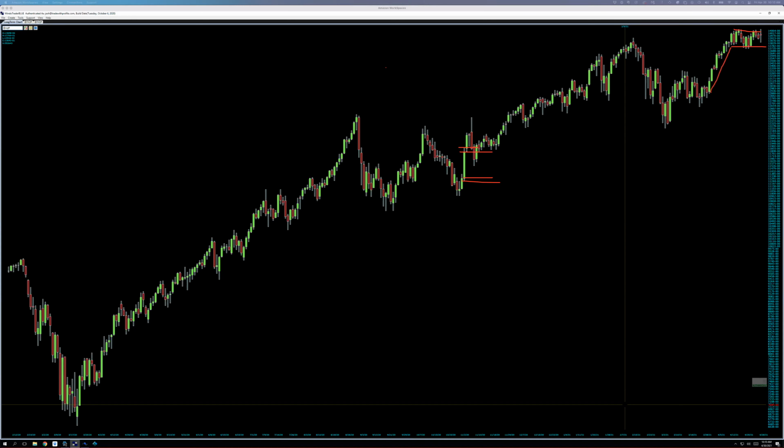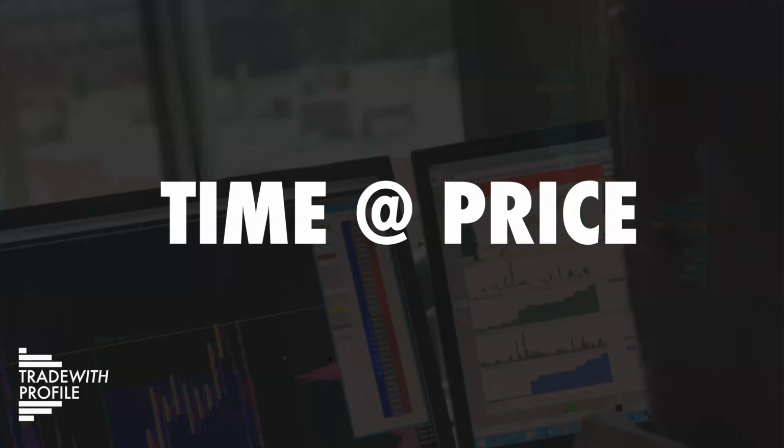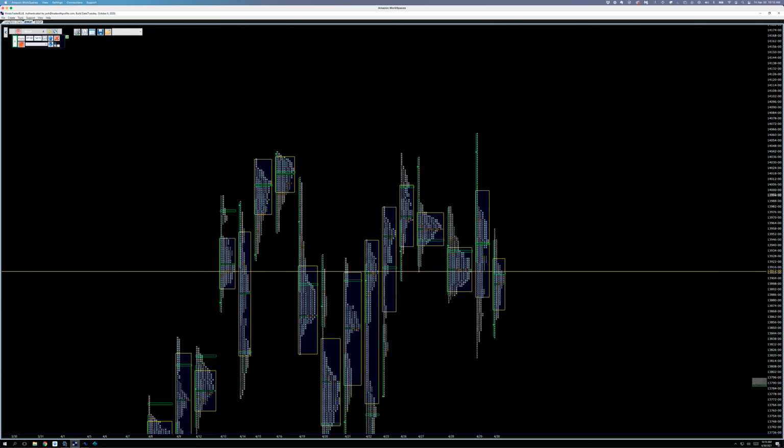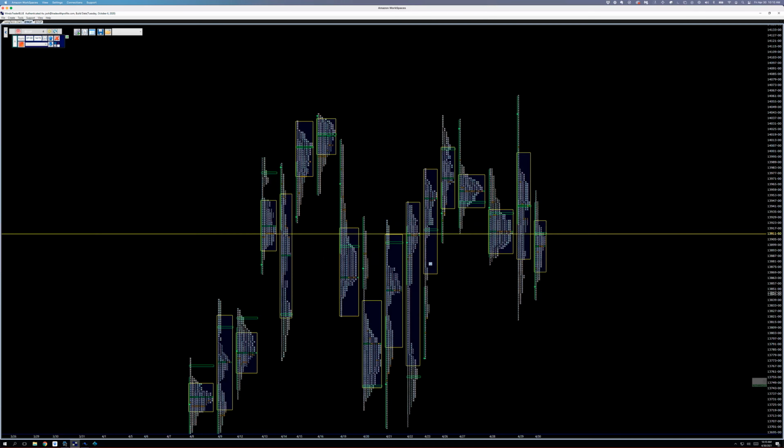But if we could zoom inside and look inside this, we can actually see more information. And what a profile chart does is it allows us to see inside and get greater information. So let's first talk about time at price, or what is referred to as a market profile graphic. If I look at this same chart as a market profile graphic, this is